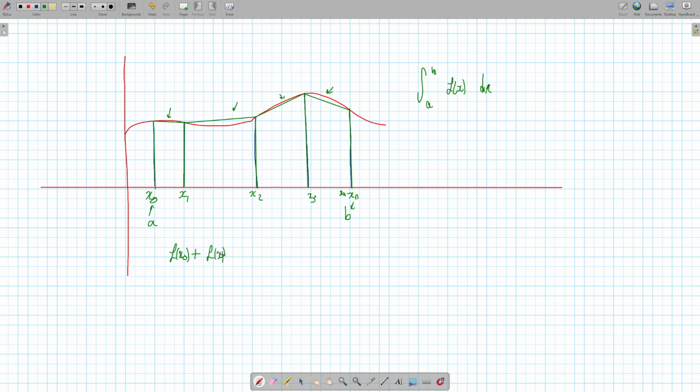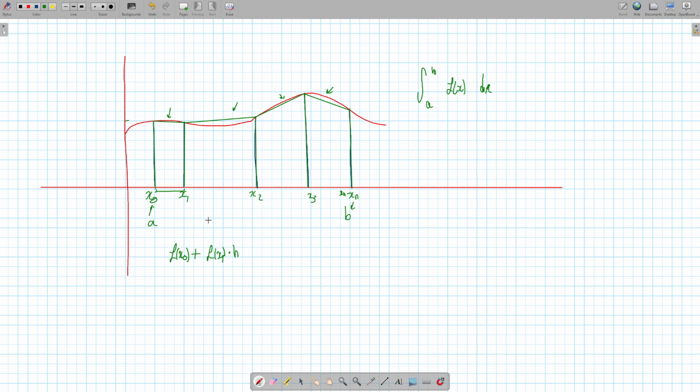F of x basically means y, so like the value of y at that coordinate, right? Because this is base 1, this is base 2 going up. Then what's the height? The height will be between x1 and x0. So let's just label it as height. I don't want to say x1 minus x0 because it will complicate you, and later on I'll explain it